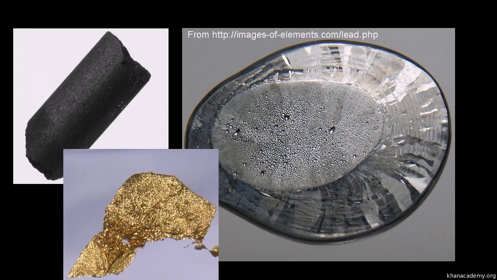And here's pictures of some of these substances. This right here is carbon, and this is in its graphite form. This right here is lead. This right here is gold. And all of the ones that I've shown pictures of here, I got them all from this website right over there. All of these are in their solid form,